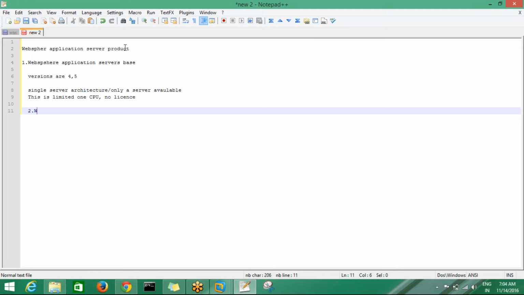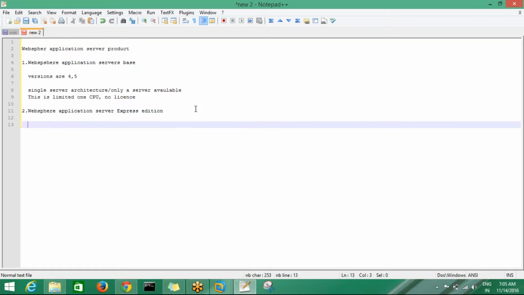The second release is Express edition. In this we again have versions 4 and 5.